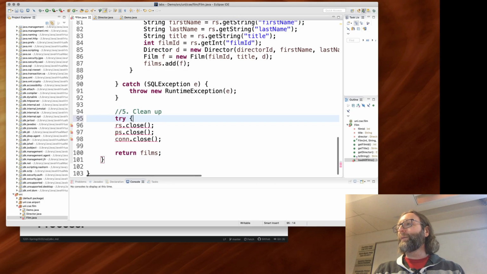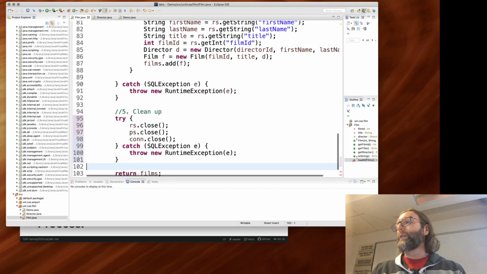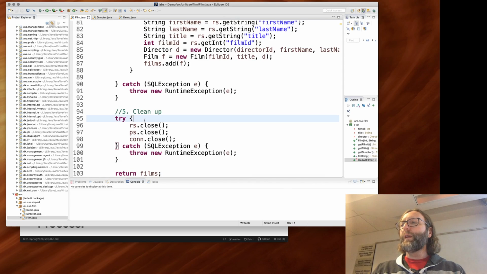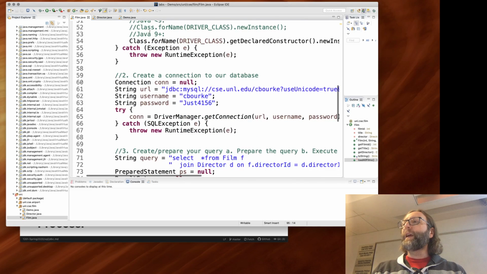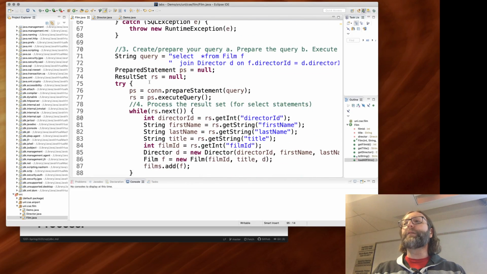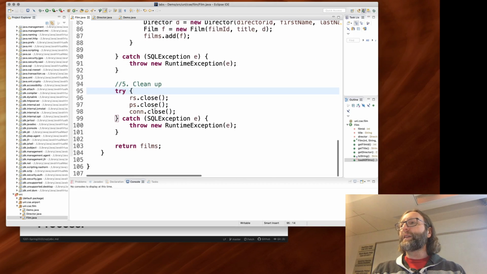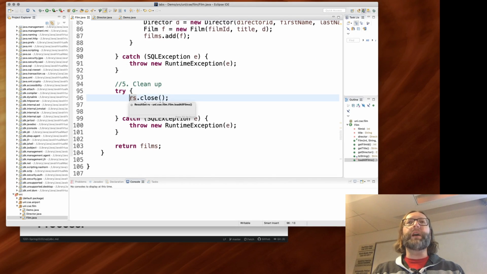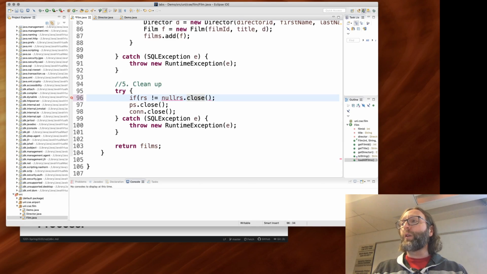So try and catch and release. This is still not 100% robust. If something failed up here and the result set never got set, then you need to check for that. If RS is not null, then we can close it. Because if it was null and you tried to call this close method on it, you'd get a null pointer exception. But if it's already closed, then you don't want to close it again. So if it's not already closed,